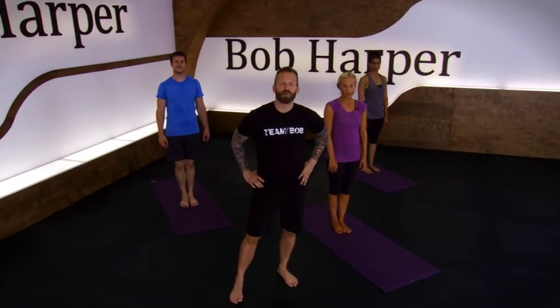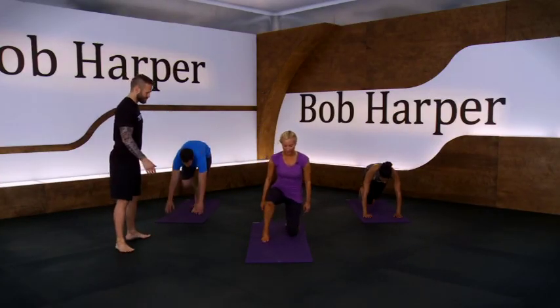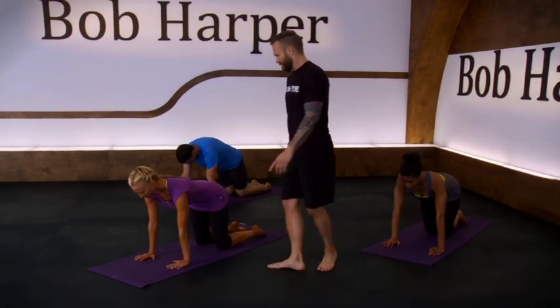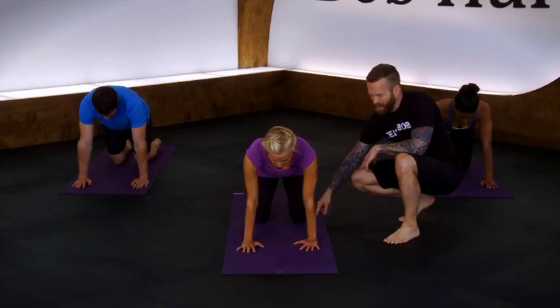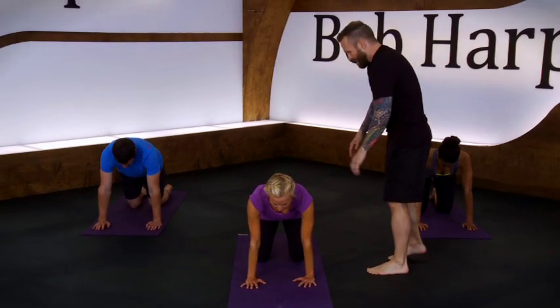This yoga series is going to start on all fours, so go ahead and go onto your mat. In a tabletop position, notice how Sydney has got knees, hands on the ground, nice straight lines through her body. Abs are in really strong. Just hold here and go into rounding the back into a cat